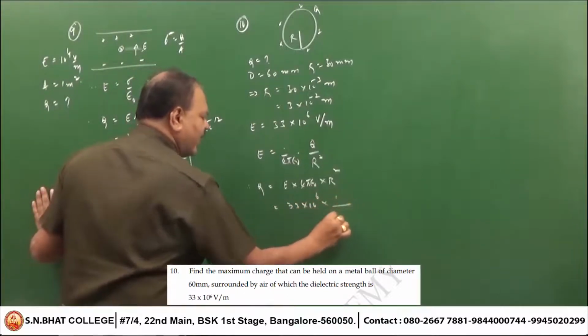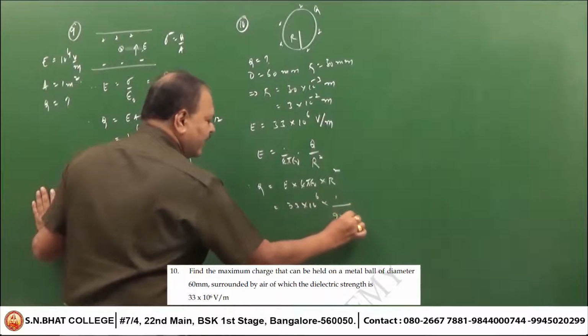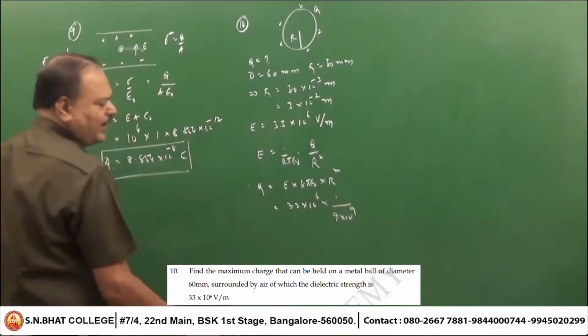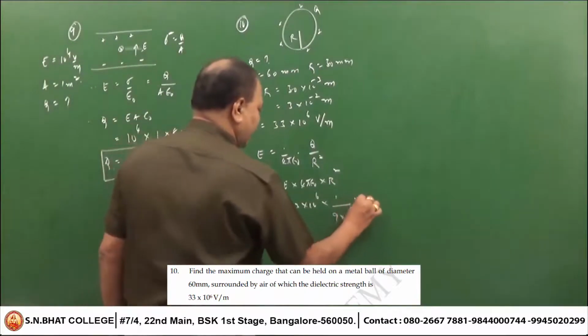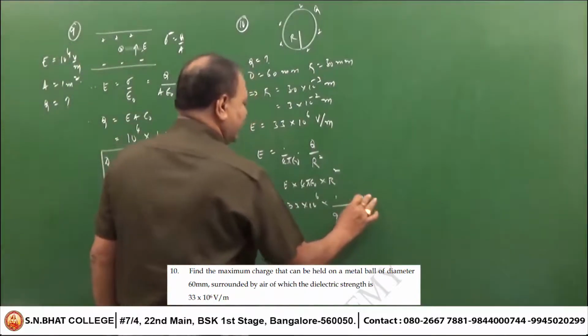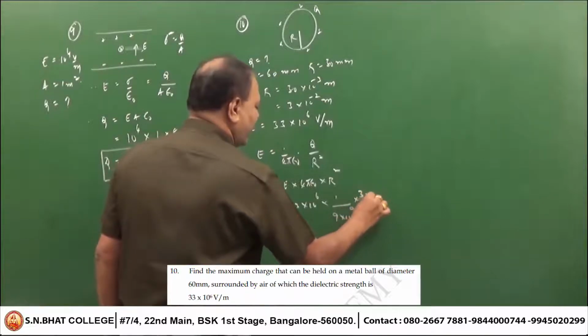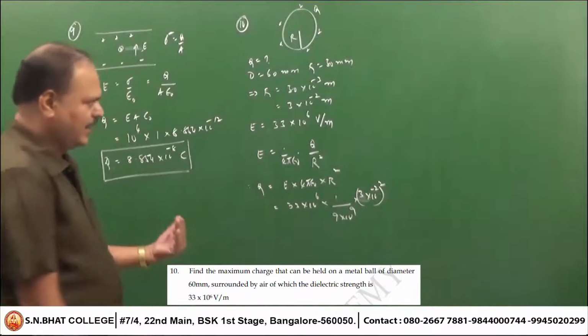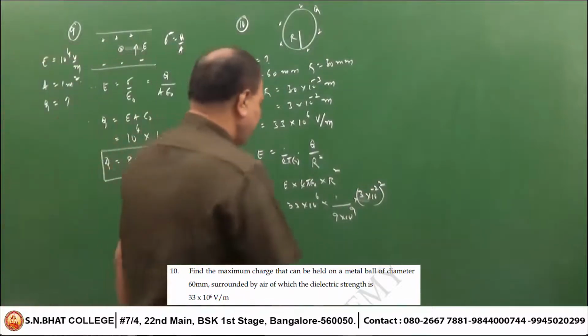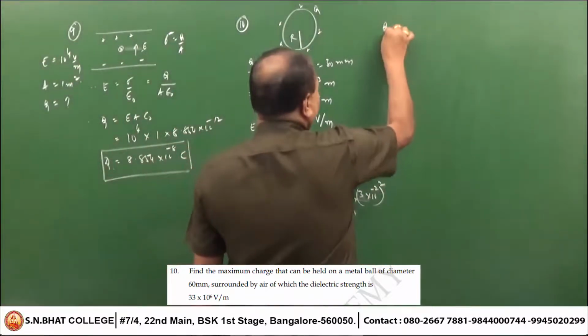What is the value of 1 by epsilon naught? 9 into 10 to the power of 9. As the denominator in the numerator is the denominator. The value of R is equal to 3 into 10 to the power of minus 2, whole square. Clean and simplify. Therefore this Q comes out to be equal to